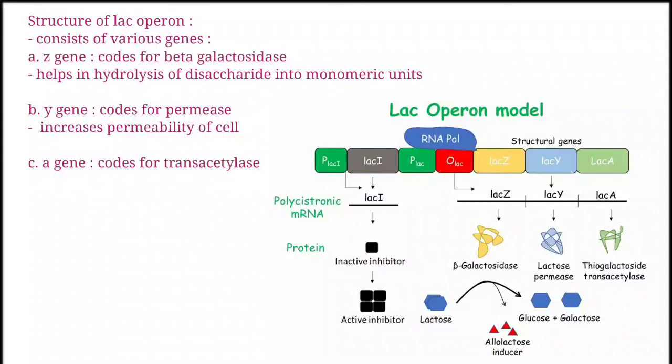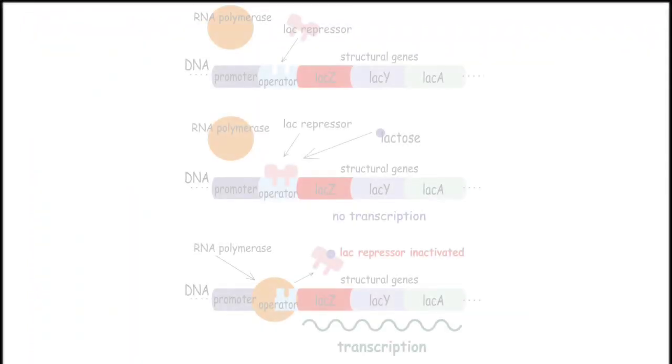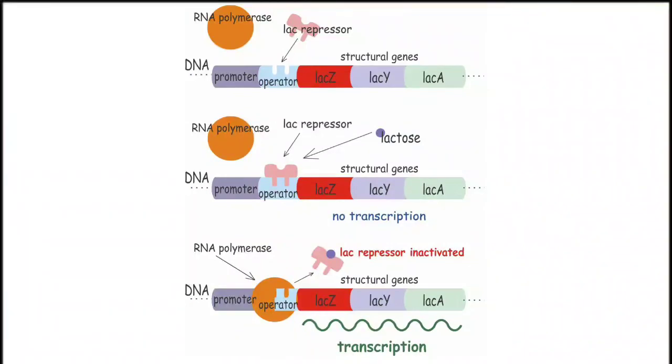Lactose is known to be the inducer and the substrate for the enzyme beta galactosidase. If lactose is provided as a carbon source in the growth medium, in the absence of the preferred carbon source such as glucose, the lactose is transported into the cells by the action of the enzyme permease, and the lactose then induces the operon. The I gene synthesizes a repressor of the operon, and the repressor binds to the operator region of the operon. The regulation of the lac operon by the repressor is referred to as negative regulation, whereas the lac operon can work under positive regulation as well.